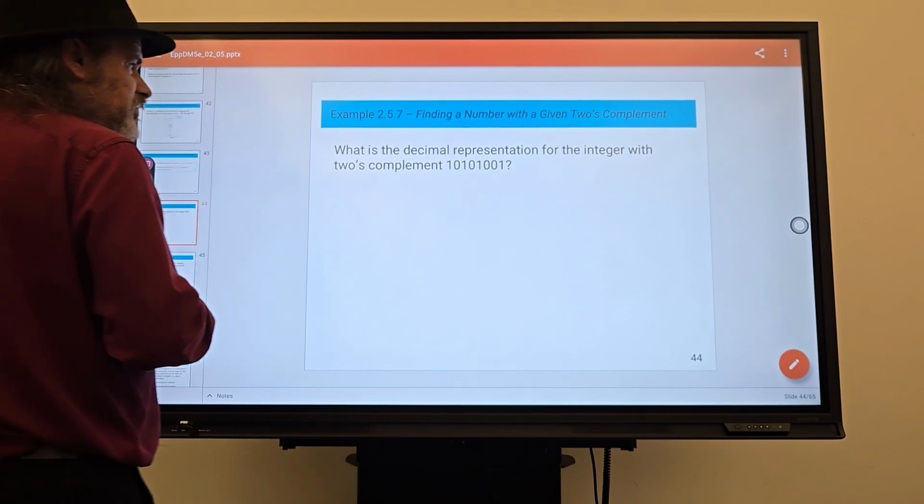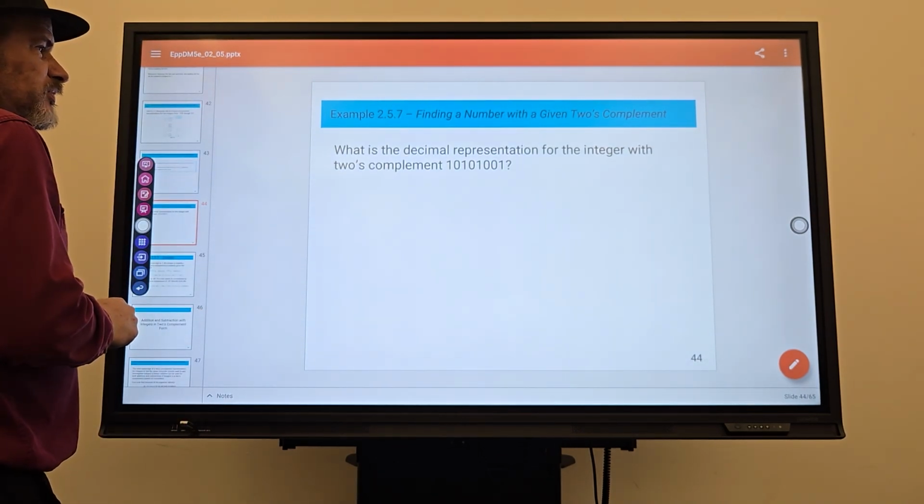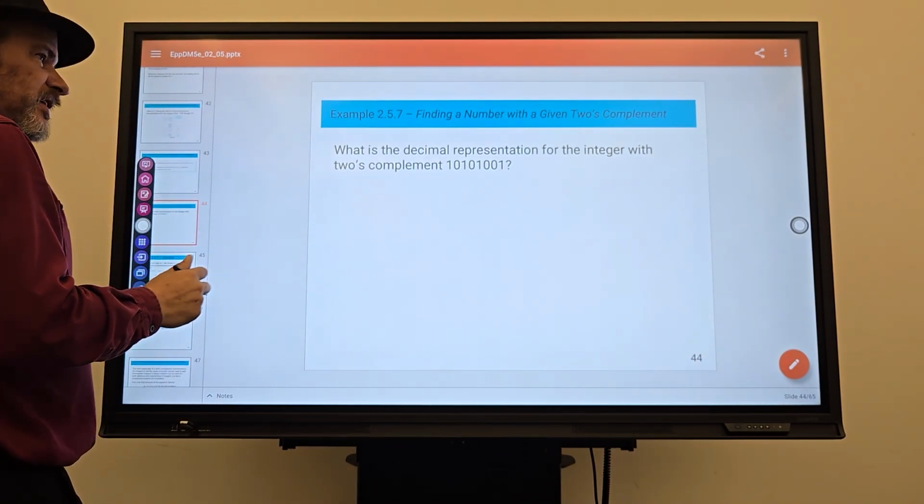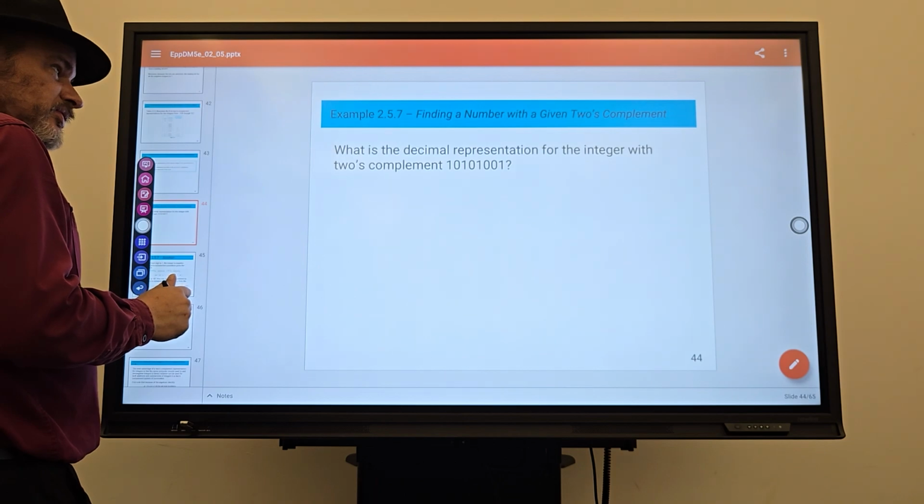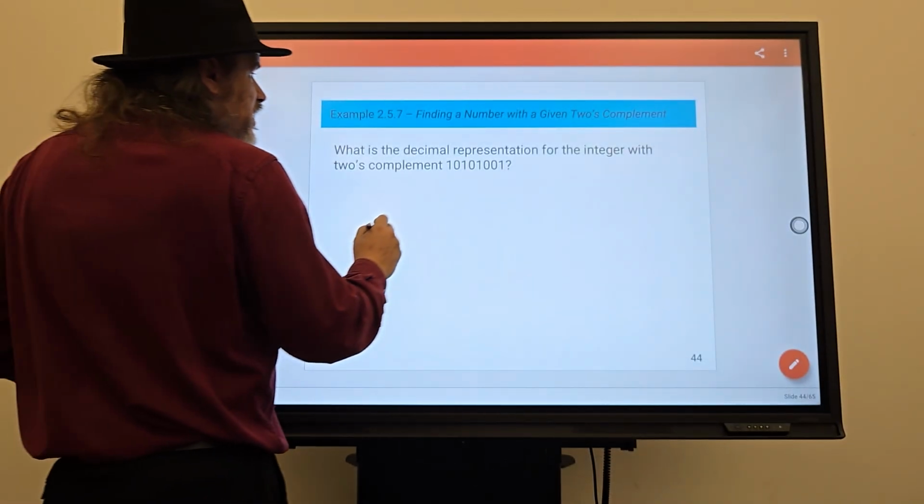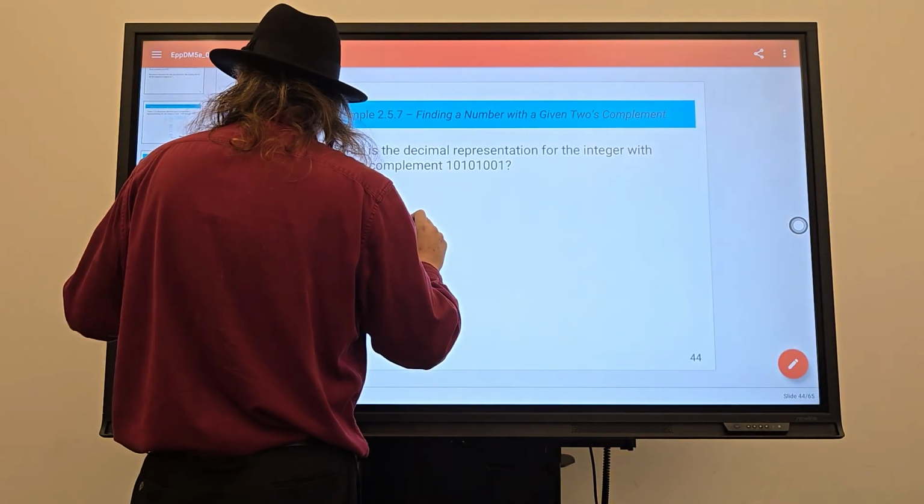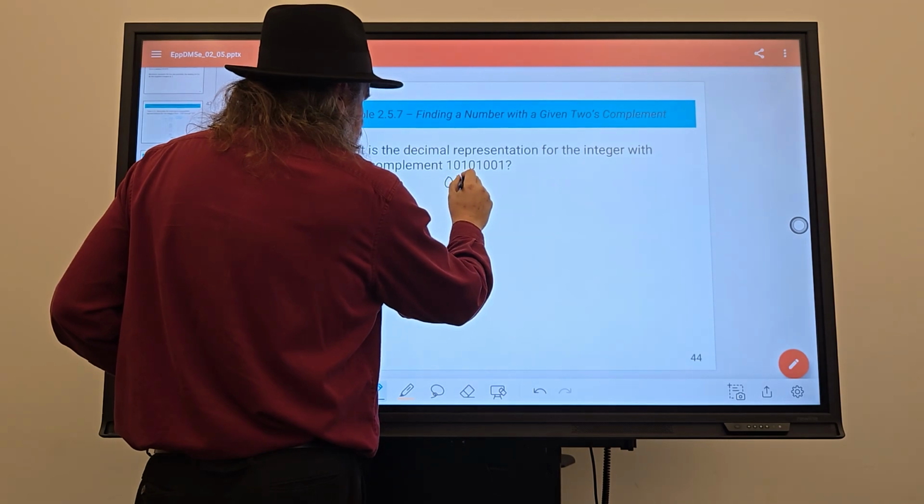We already went through all this. We can write the decimal representation of an integer with the 2's complement of this number. You flip the bits,